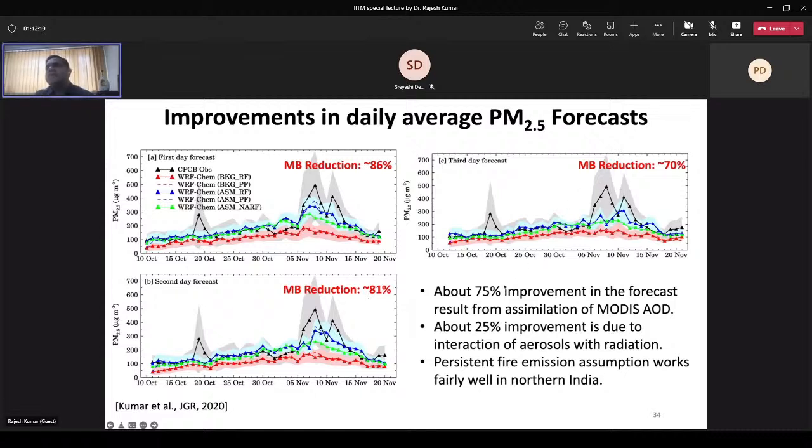And about 75% of these improvements in the forecast resulted from the assimilation of MODIS AOD, and about 25% improvement is due to interaction of aerosols with radiation. These aerosol radiation interactions become particularly important during acute air pollution episodes because the difference between the blue and green line increases. Now, these benefits are not just limited to air quality forecast, but they also translate to